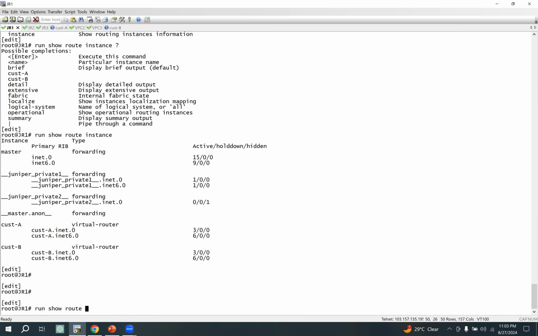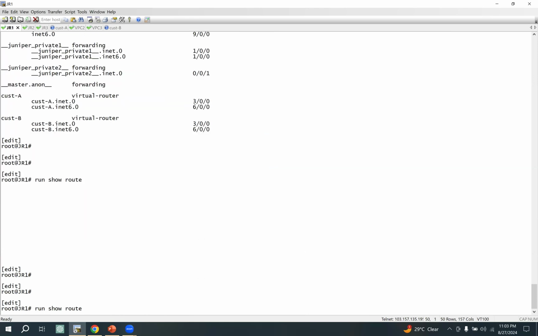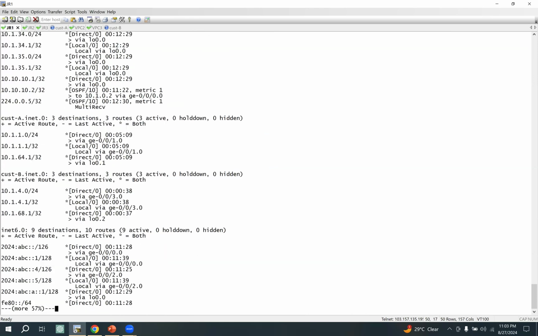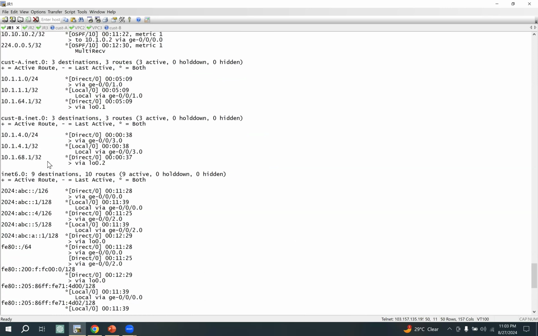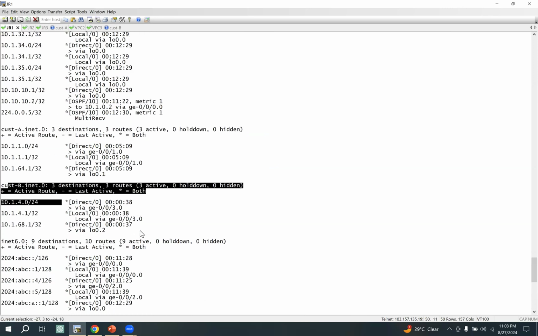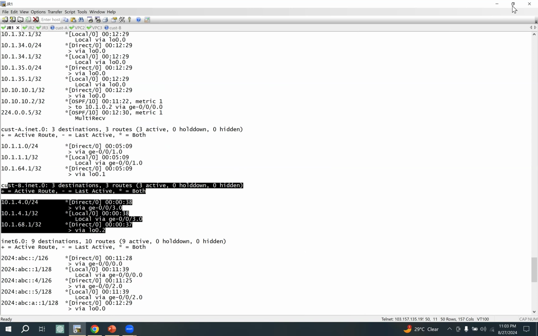Show route. There will be another routing instance for customer B. This is the customer B IPv6 route table and customer B IPv4 route table. So,